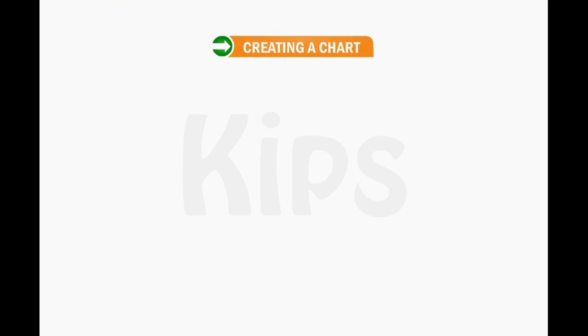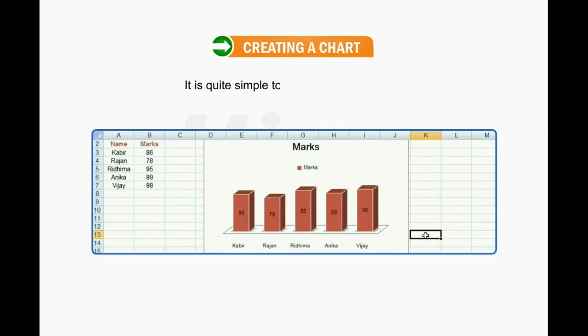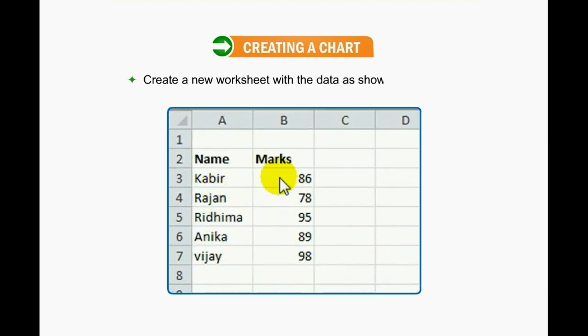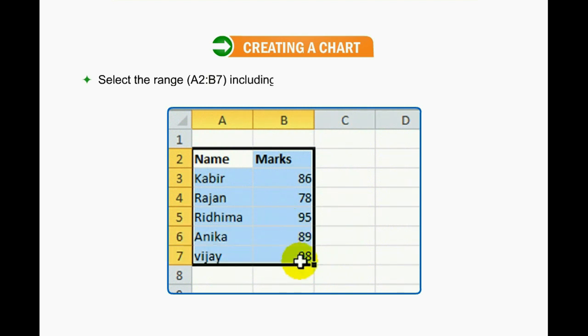Creating a chart. It is quite simple to create a chart in Excel. Follow these steps to create a chart. Create a new worksheet with the data as shown in the figure. Select the range, including column titles and row labels to be displayed in the chart.